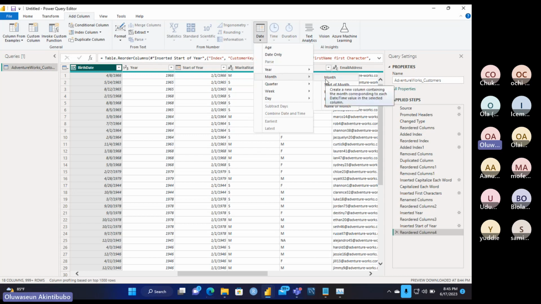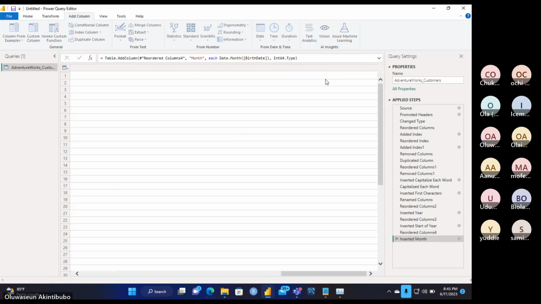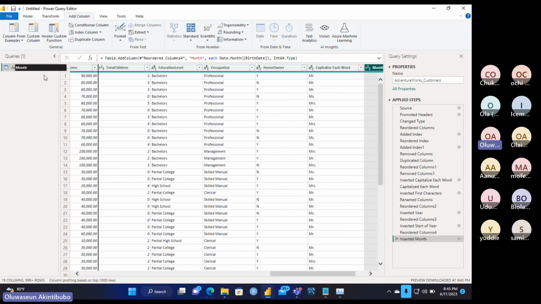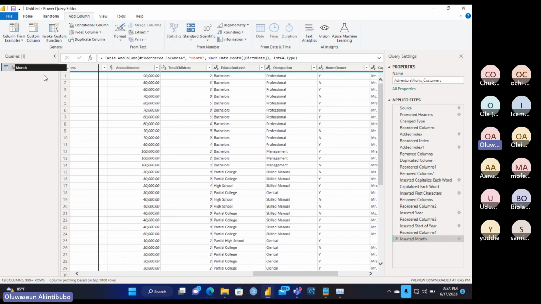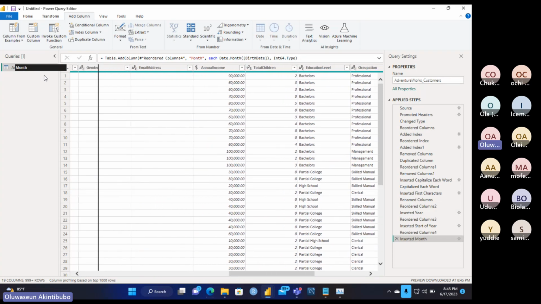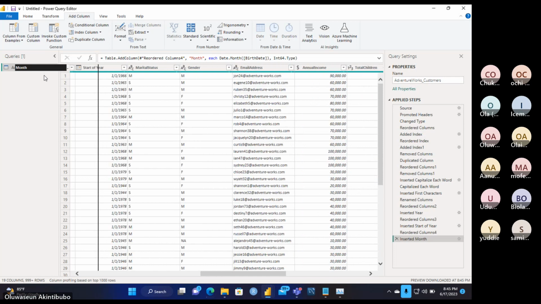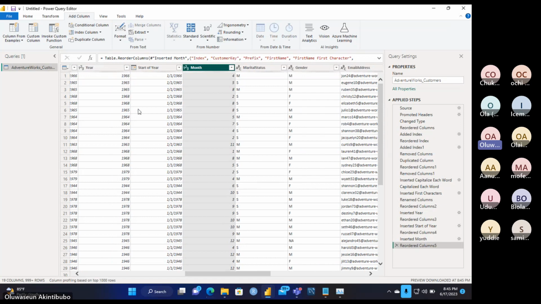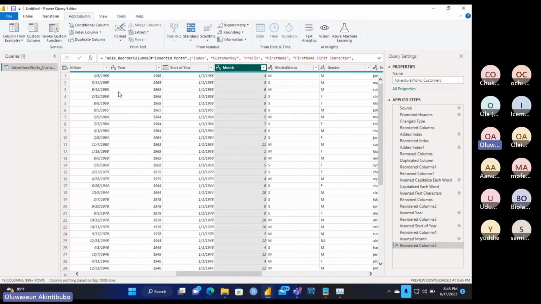Let's generate the month. Can you see the month? We've generated the month in figure now. Let's compare. We have the month in figure. So what month is that date? Can you see? 4th of 8th, 1966. Now the date format here is that the month comes before the day and the year, so you can see 4, 5, 6.